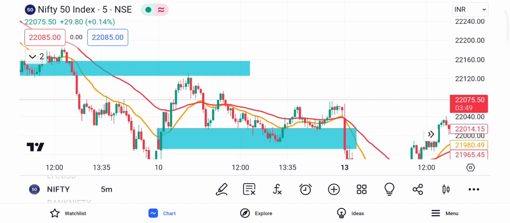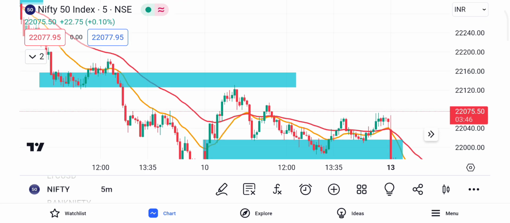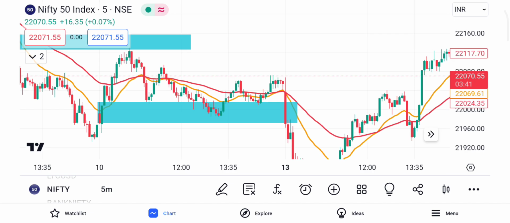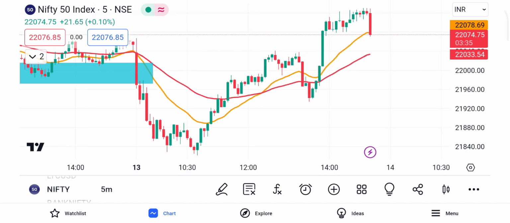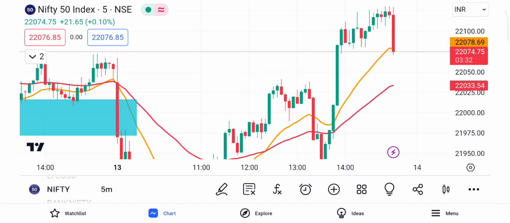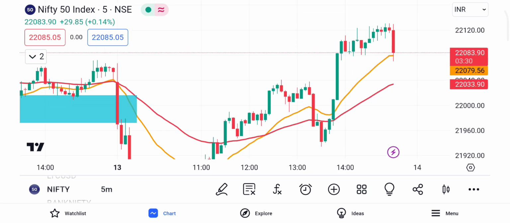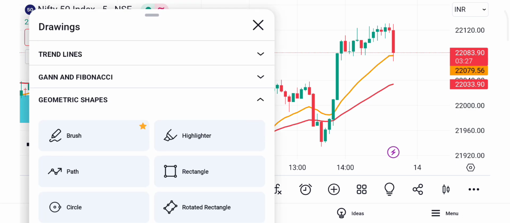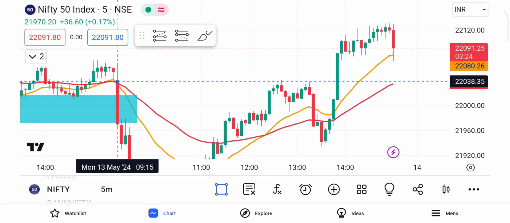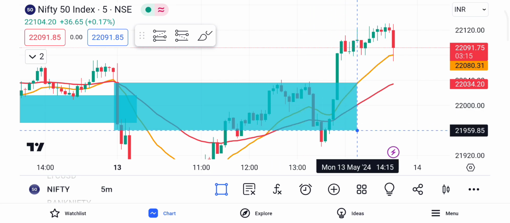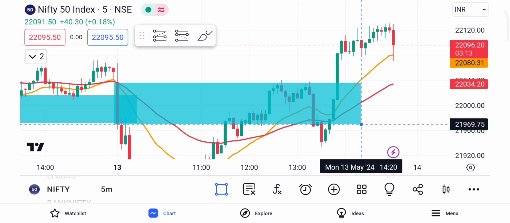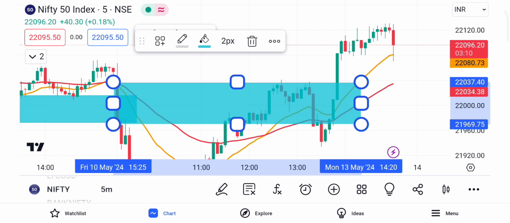So for our comfort, along with that we are going to use these horizontal lines. Let's start from here. Basically what we are going to do today is take the 5 minute candle, the first candle of the day, and use the day's high and low of that candle. I'm taking this rectangle here, using the opening and closing of that candle. This is more accurate than covering the entire length including the shadow.